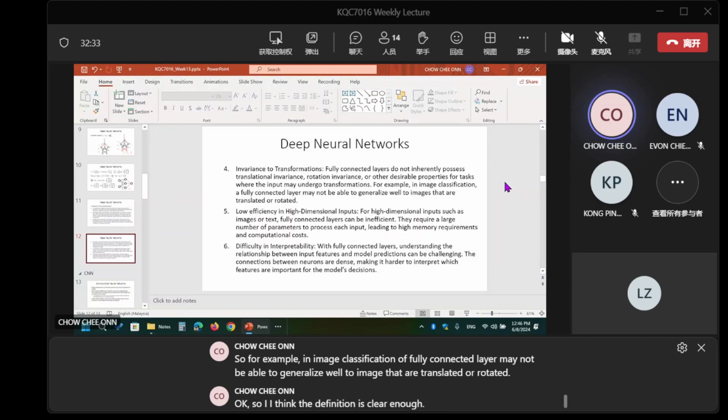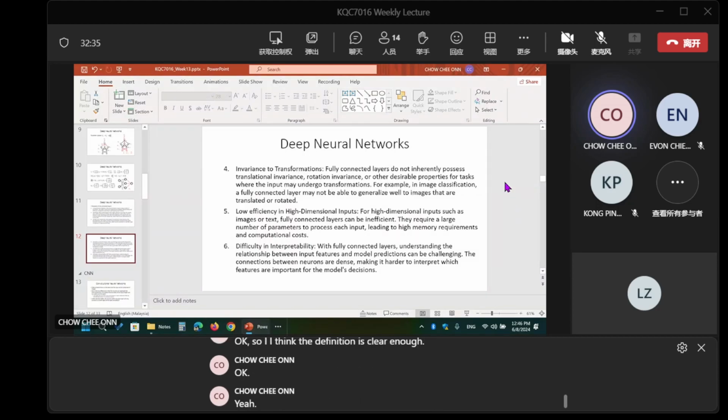Again, if we just look at data, it is just 1, 2, 3, 4, ABC. But let's say we want to process multimedia data, like an image. For me to recognize you, I can look at you like this, I can look at you like this.